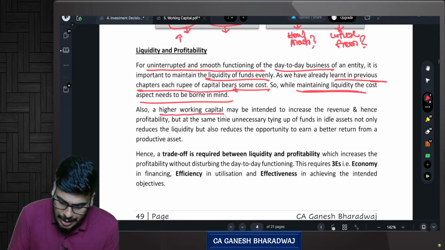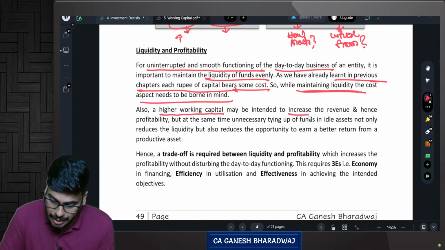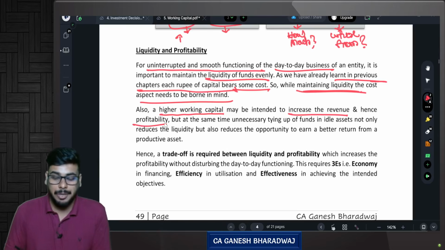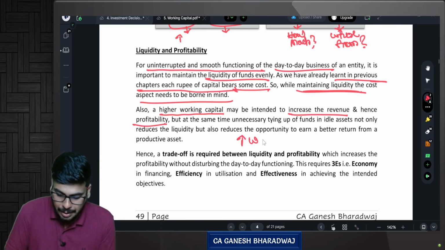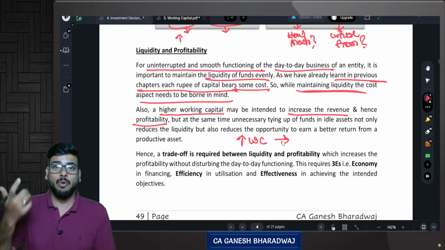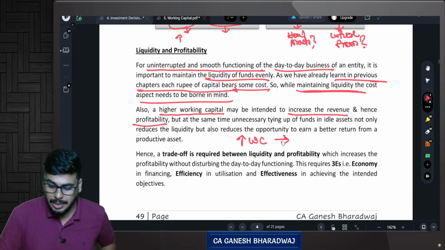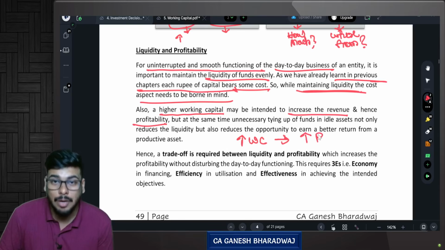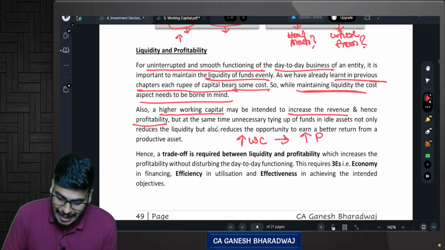Also, a higher working capital may be intended to increase the revenue and hence the profitability. If you have a high working capital, what will happen? Now you have more funds, so you can generate more sales. If you generate more sales, what happens? More profit will be there, correct? But at the same time,